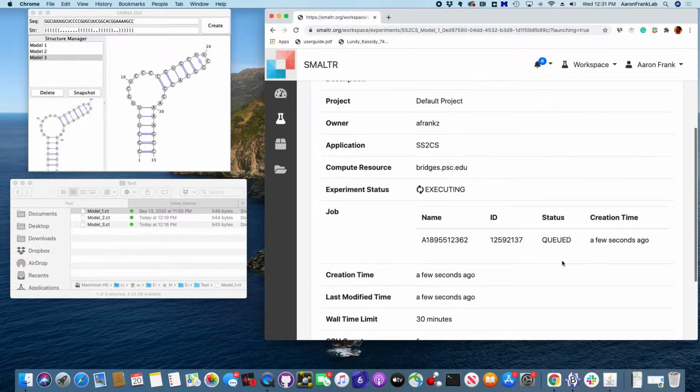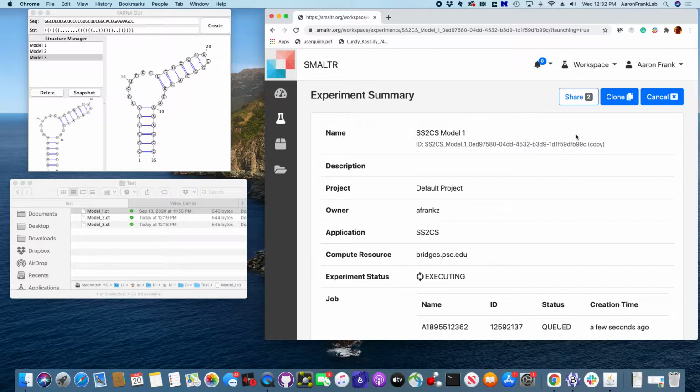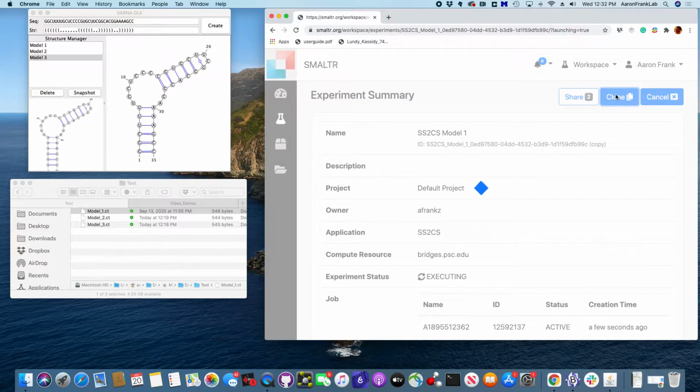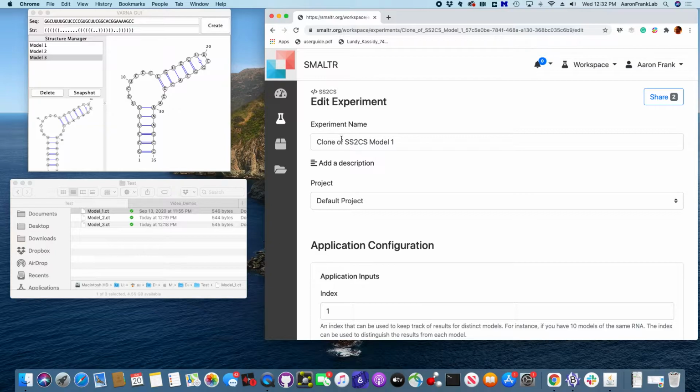And eventually it will be created. So we want to repeat this for all 3, right? You could go ahead and click on dashboard and repeat this process, or you can just click clone, right, and actually clone the job that you just ran. And so you can now change the name to SS to CS model 2,